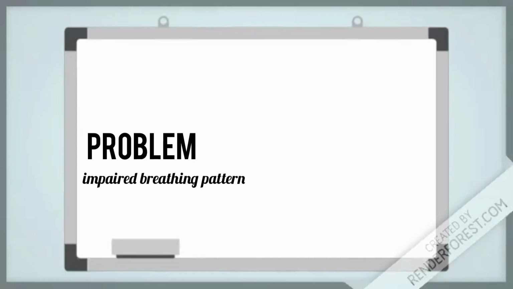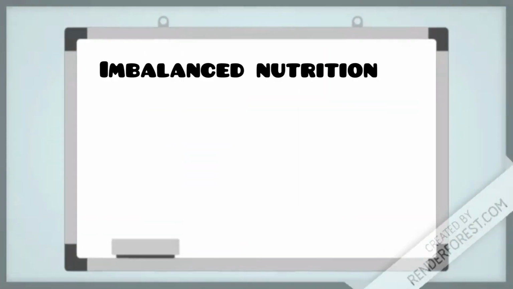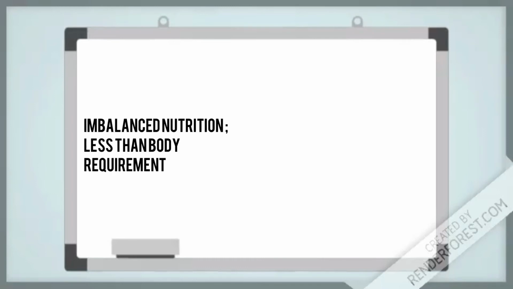The cause or etiology is joined to it using the conjugation "related to." Okay, so our problem is related to the cause or the etiology. Are you getting it? So we have situations, we have risks, we have possible outcomes, all being related to the problem. So if we are taking, let's say, imbalanced nutrition as our problem, we're going to say imbalanced nutrition